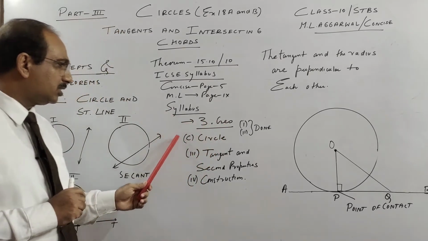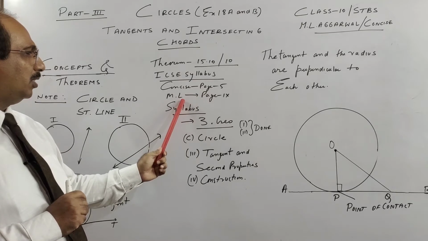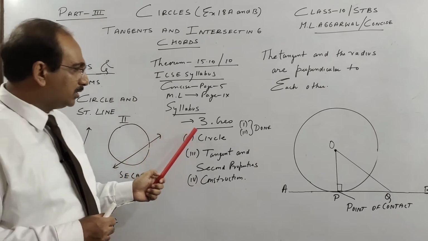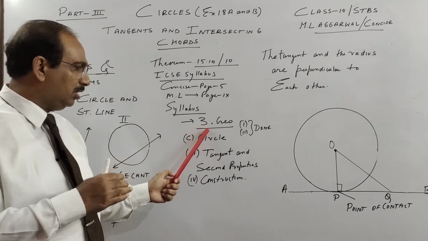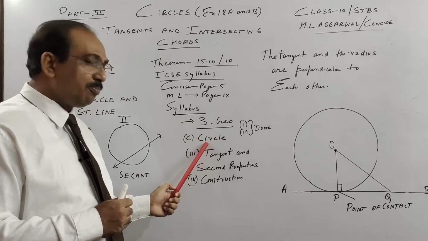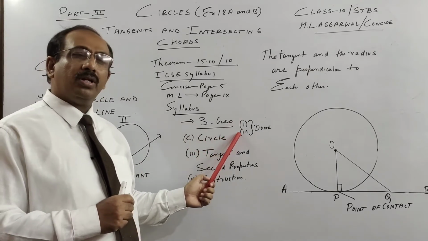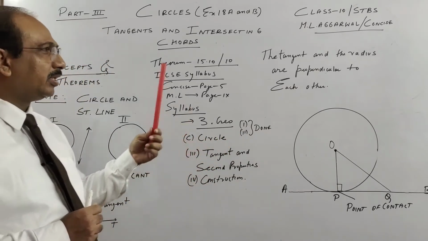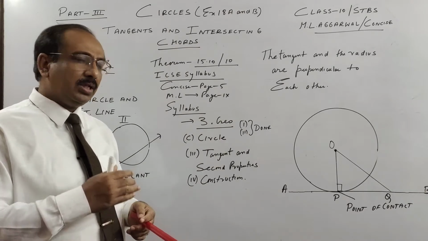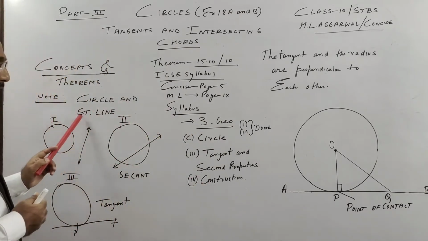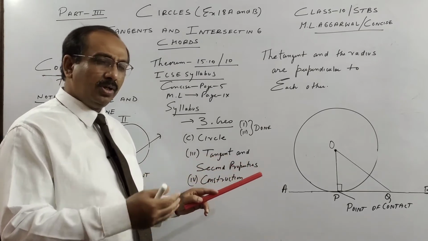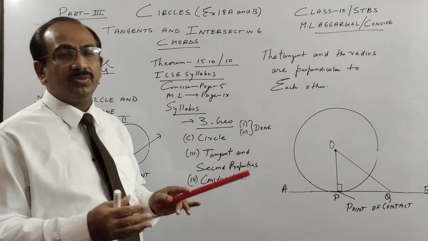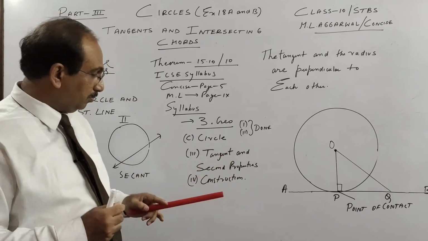Okay, so if you see the syllabus on page 9 of your ML Agrawal or the 5th page of the Concise Mathematics book by Selina, you will see geometry is the third part. Then C part of that is circle. 1, 2 I have done: chord properties, cyclic quadrilateral and all. Today I am going to give you concepts and theorems. And then in the next 1 or 2 videos I'll do problem sums on all these 6 theorems, basically the 3 theorems which are in the revised syllabus.